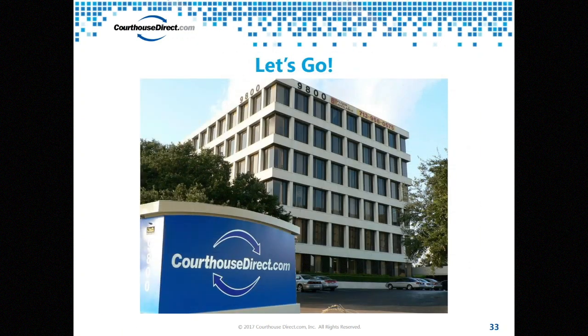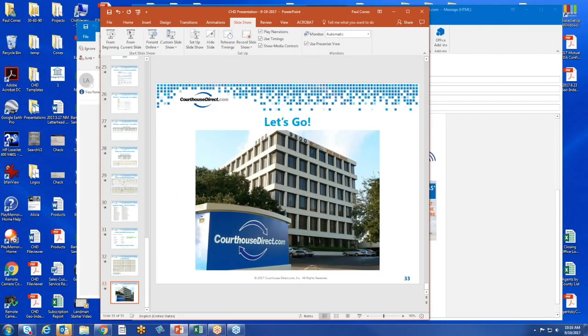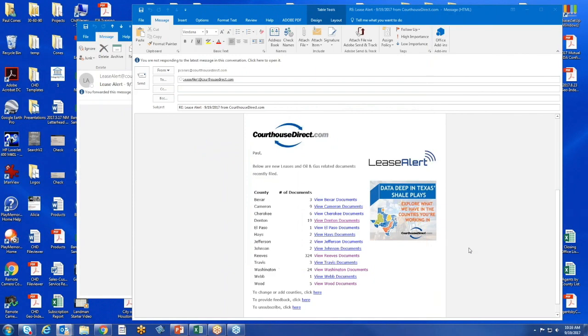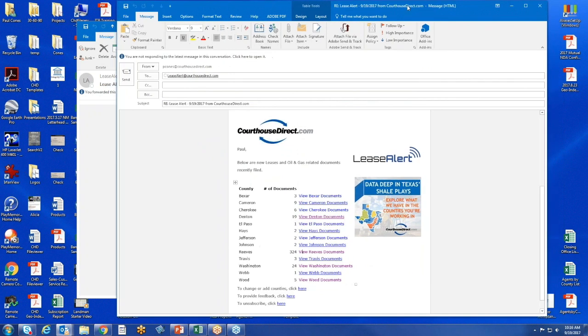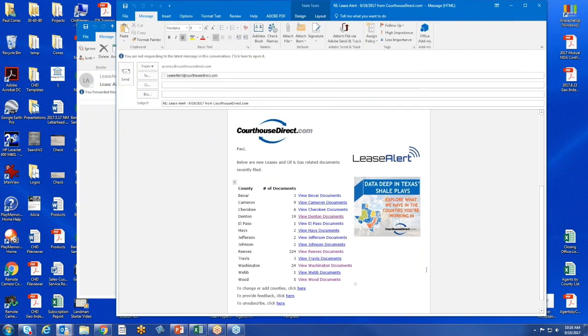And so let's go ahead and do a couple of actual searches. But first, let's look at a lease alert. So this is my lease alert that came in this morning. And if you notice that in Reeves County, we've got